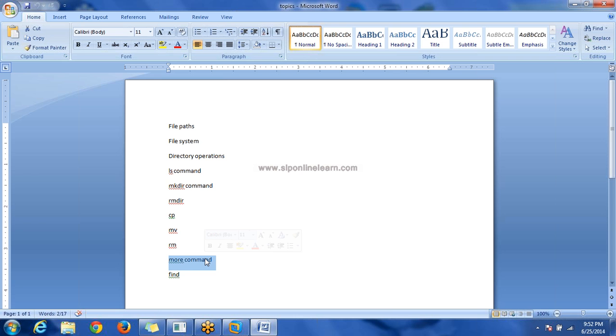This more command is also used to see the content of a file, but it has some options. Suppose your file is very big, some thousands of lines are present in your file.